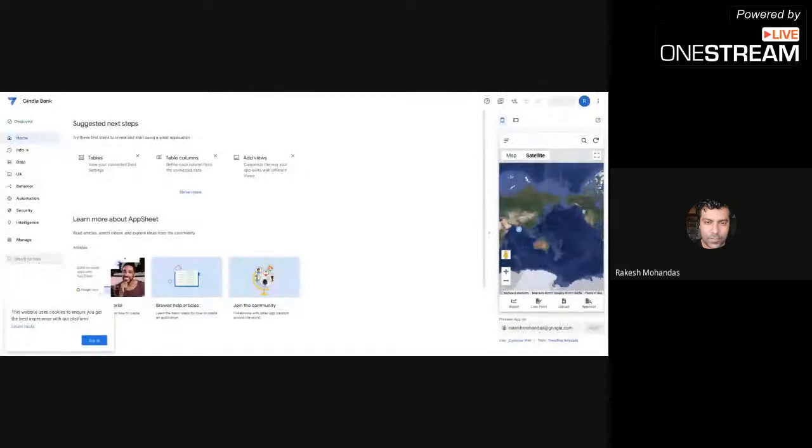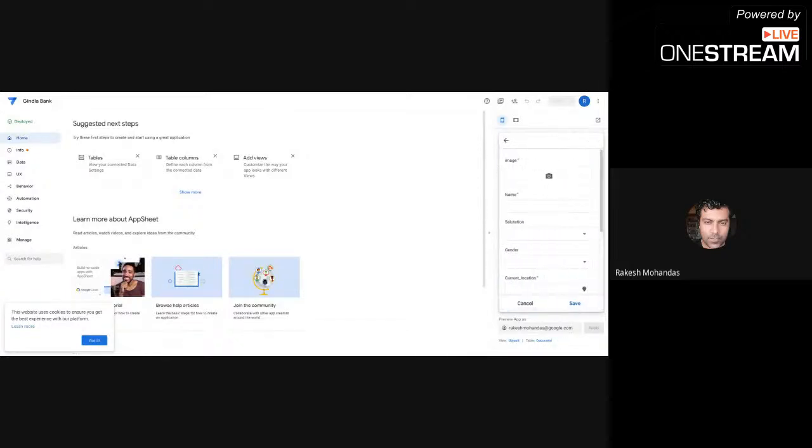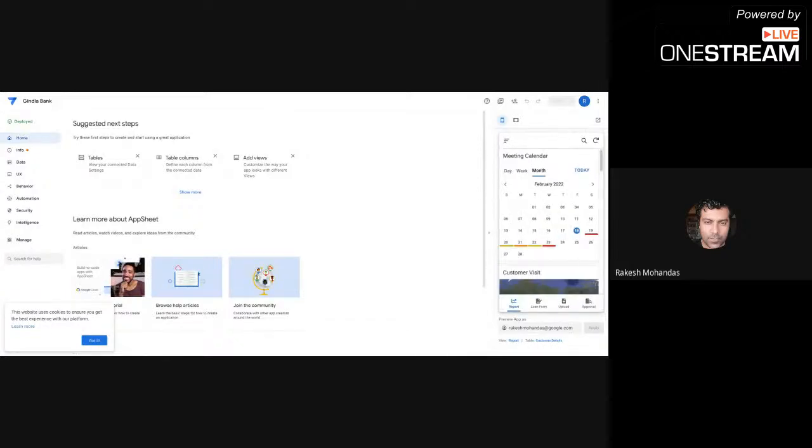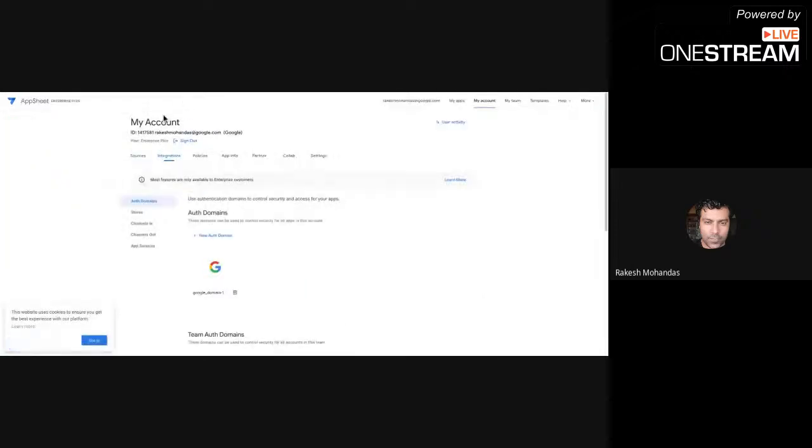AppSheet is a tool with which you can create your app. You can create your reports, you can create a loan form. You can create or upload or do document digitization, and you can even do route planning in the same app. It's a no-code UI which you can use to build this. Behind the scenes, you can use any application. In this case, if I go to my account, I have integrations. This integration could be a data store. If you want to digitize your documents, it could be a Document AI system that you're going to use. But the data